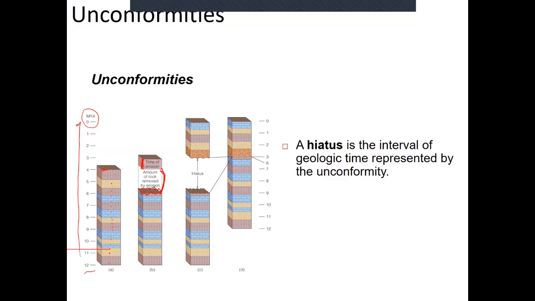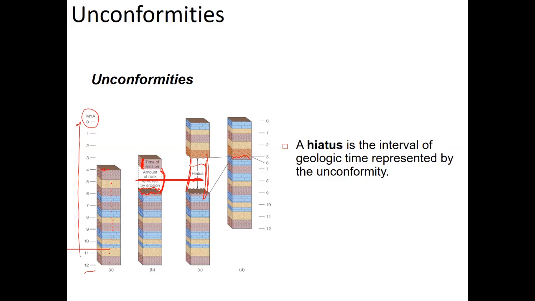And so there's a gap here in the record. Not only do we have the 1 million years in which no sediment was deposited, then you have the time that is represented by the rock that was removed by the erosion. So in the geologic record, you have this hiatus or this gap in time. But you don't see this gap because the sediment is deposited right on top of that erosional surface. So what you see is this boundary between rocks that don't conform, right? This rough contact, and it might be one sort of environment, like maybe I'll say conglomerate, and then on top of the conglomerate is